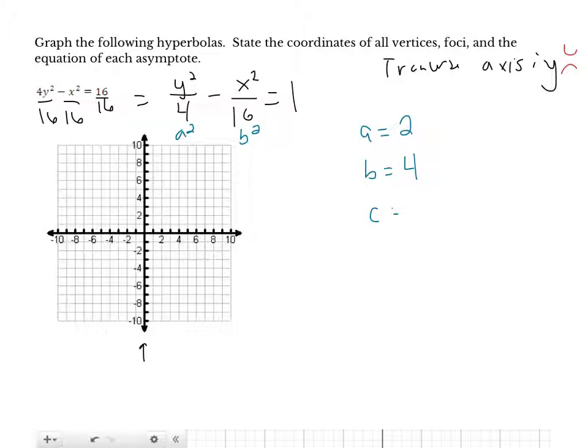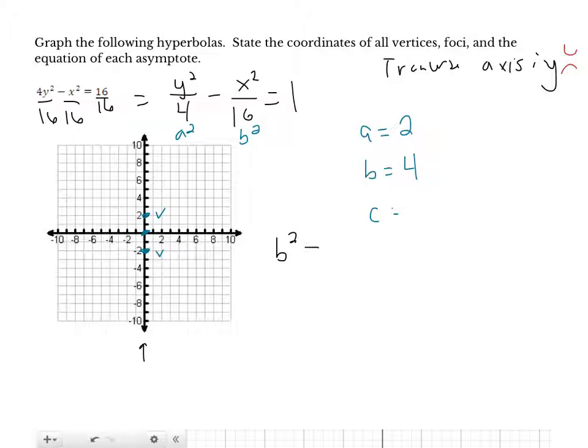Now a is the distance from the center to the vertices, so since the center is going to be at 0, 0, because there's no shifts, I can go up 2 and down 2 to get my two vertices. So I have a vertex at 0, 2, and 0, negative 2. B really is part of the asymptotes, which I don't know yet. C I don't know, which is the distance from center to foci, but I can figure it out because